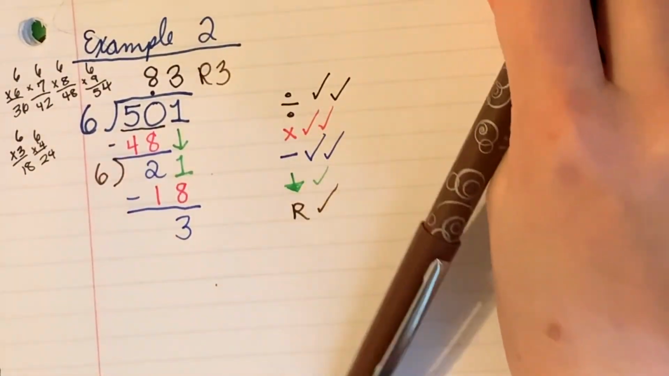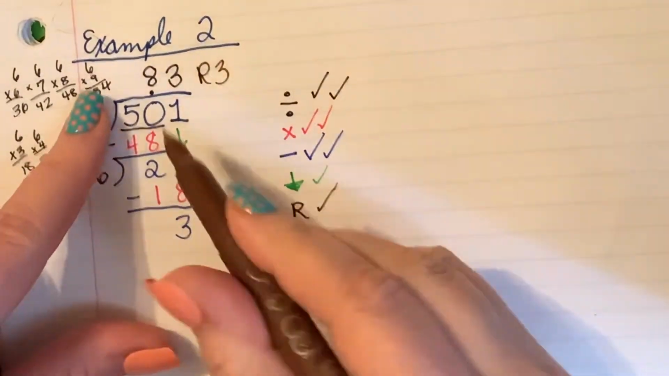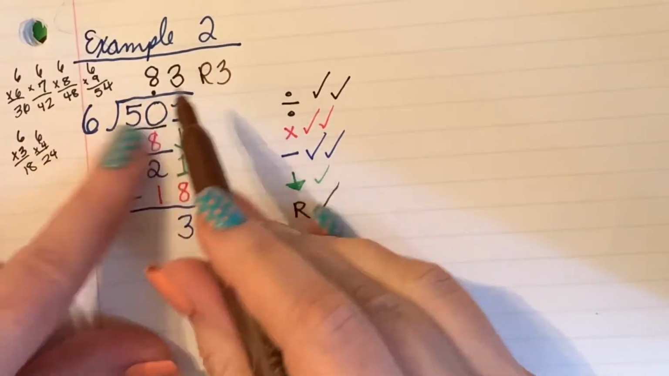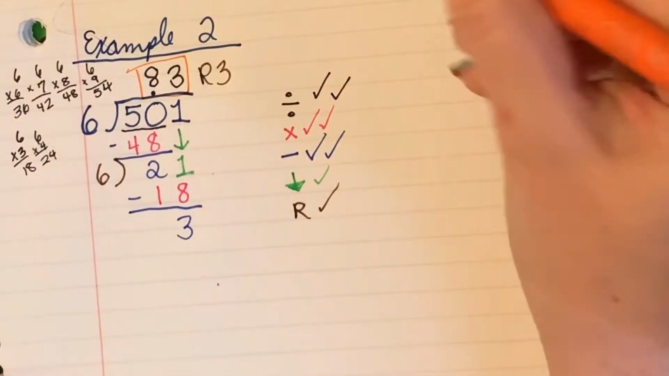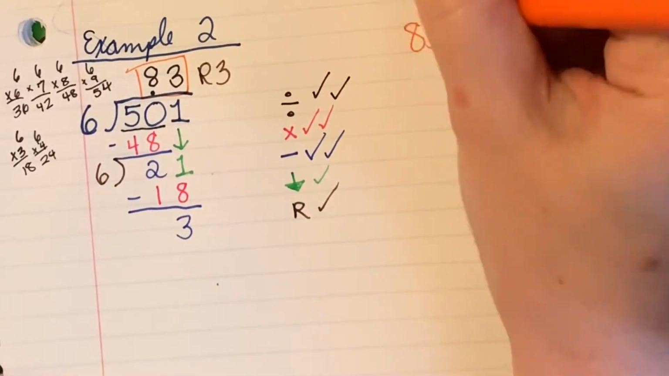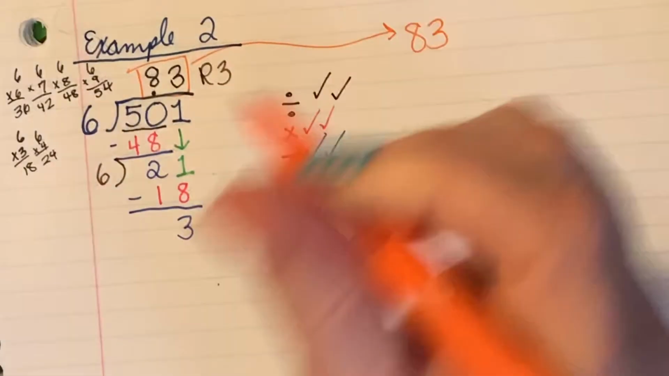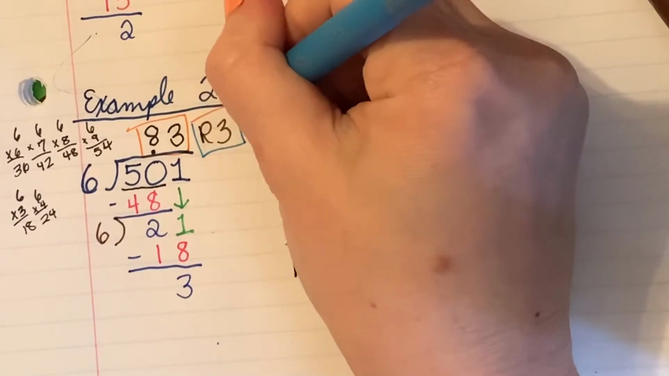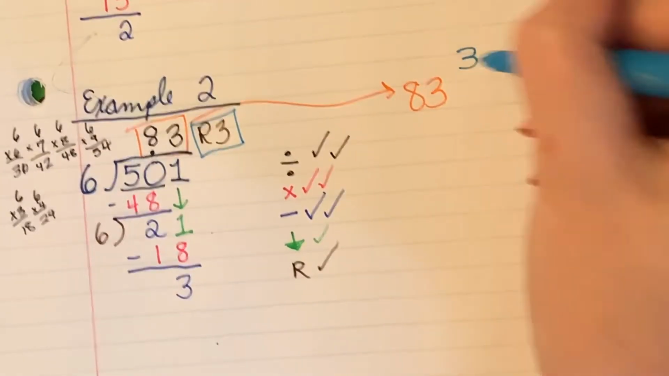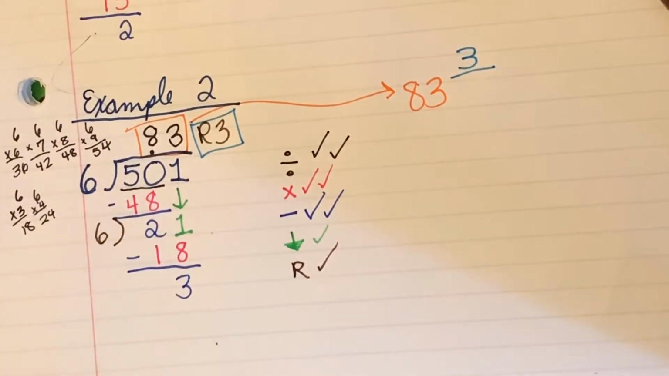Like I said, when you get to middle school math, they don't usually take it like this. So you have to do something with this. Once again, this 83 is your whole number. That is your whole. So moving that over there. This 3, this remainder, is your numerator. And this 6 right here